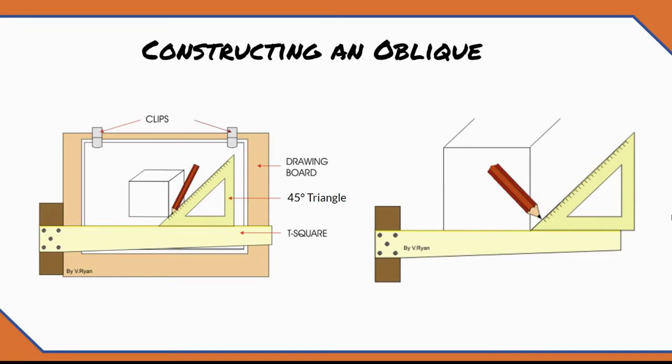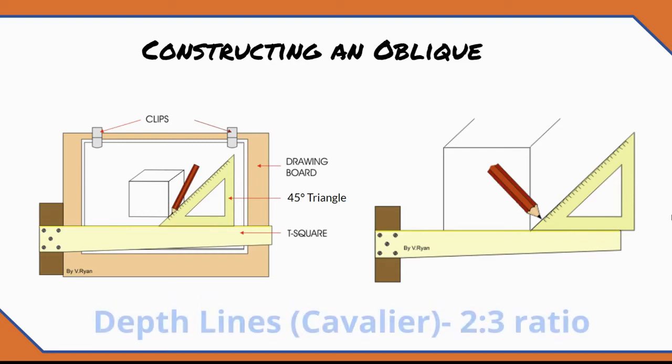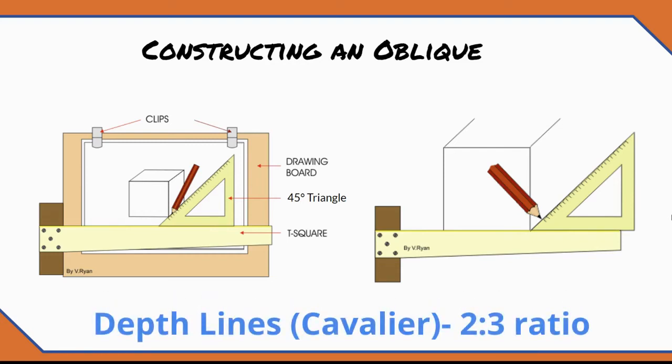With the grid, if you draw a depth line from corner to opposite corner, you will get the correct 45-degree angle, but the length of the line will be a little too long. For this reason, if you're going to draw obliques on a grid, use 2 full grid spaces in the depth direction for every 3 spaces that you would use in the height or width direction when you're making a cavalier